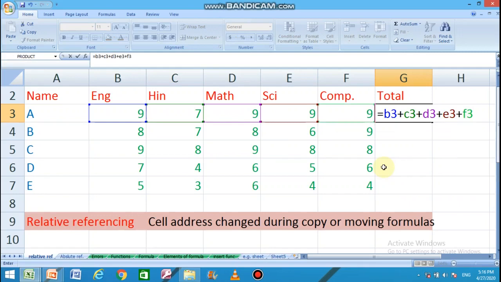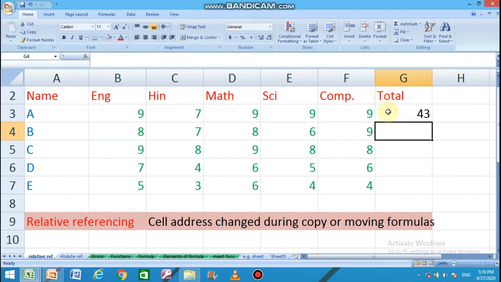Then press enter. We get the total of the first student. Now let us find out the total of the second student. Here we have to type the same formula, only the difference is the values are in B4, C4, D4, E4 and F4.